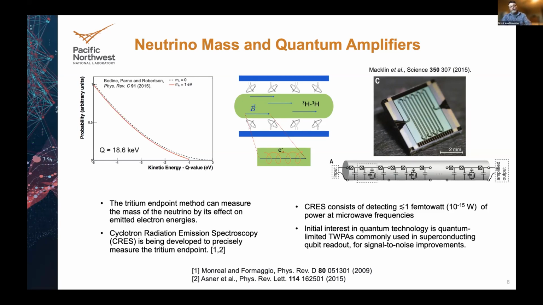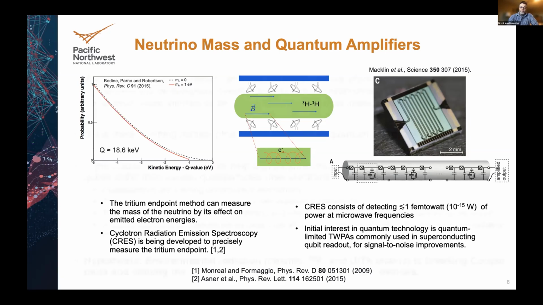And so for that reason, we reached out to colleagues we know through collaborators at MIT, who we know to have a type of quantum amplifier called a traveling wave parametric amplifier, or TWPA for short. These are amplifiers that operate at what we call the standard quantum limit. That is the lowest possible noise consistent with the laws of quantum mechanics and irreducible fluctuations. If we could have those, we could have a very low noise floor and a good signal to noise ratio. So we asked, could you make these work for our application? The answer was yes, and they are actually doing that now, but that's a different story.